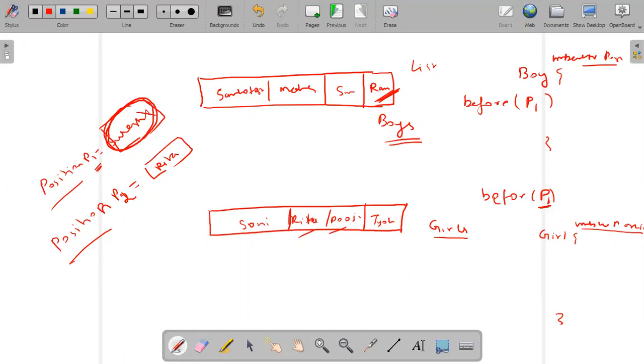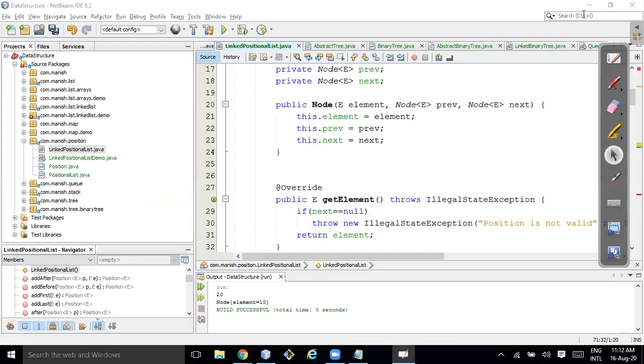I can check if Suresh is an object of girl. If Suresh is not an object of girl, then obviously this is invalid, right? That's what I am telling. Now it will make sense to everyone, right?